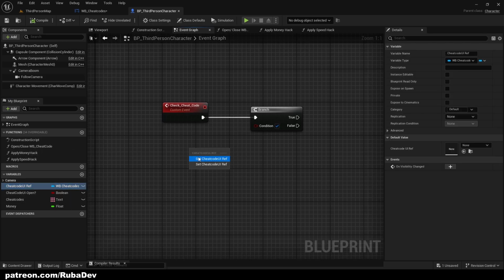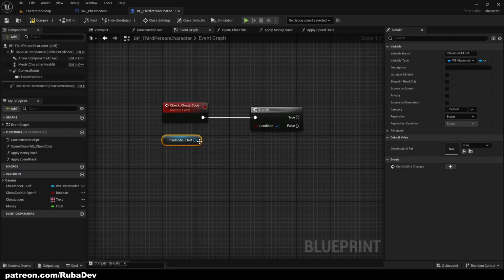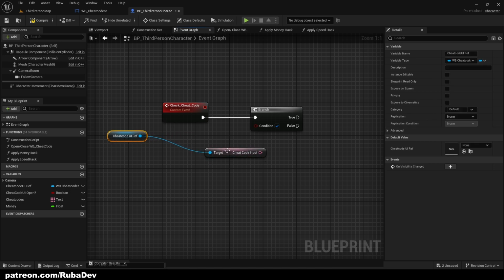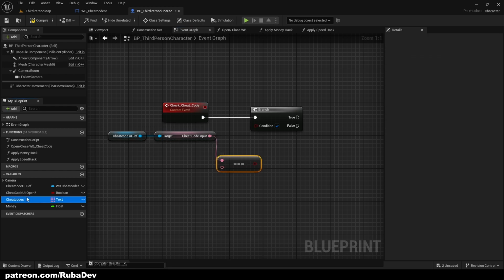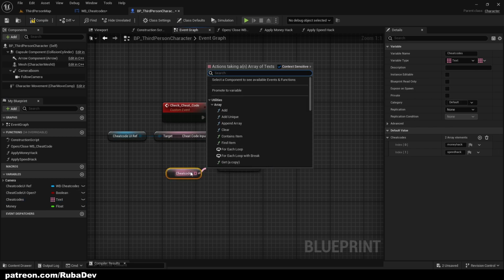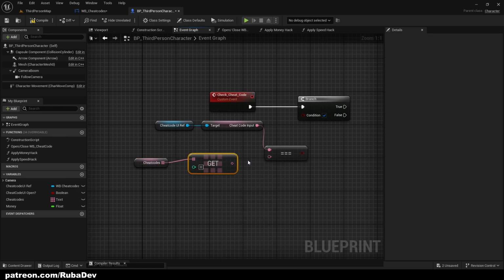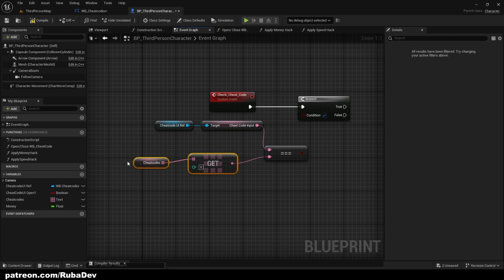First thing, we want to get cheat code UI ref, because there we have this cheat code input. We're gonna get cheat code input, and since it's text, we can check if it's exactly equal to cheat codes. And from the cheat codes, we're gonna get a reference for the first one. No, sorry, for the 0, because the first one is 0 and it's a money hack. If this is equal,